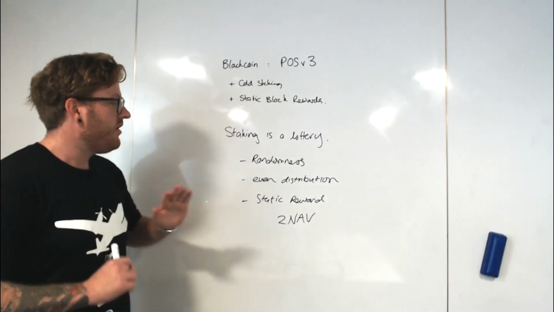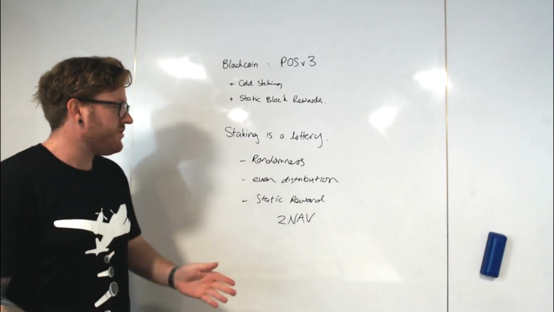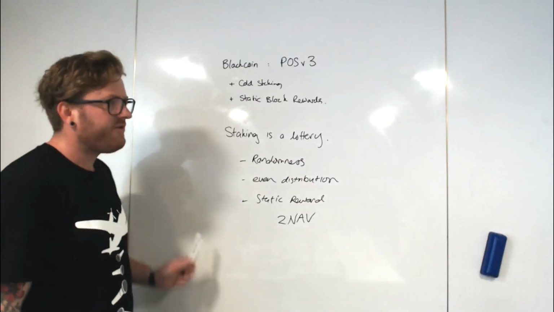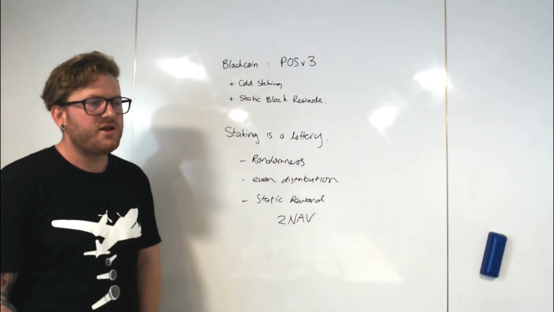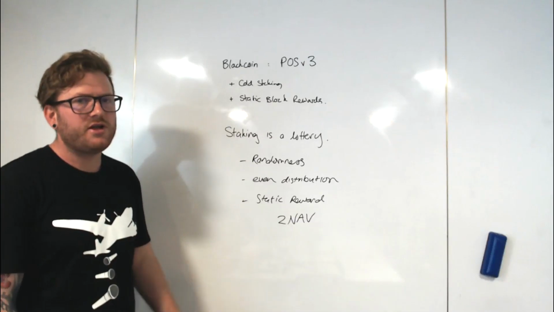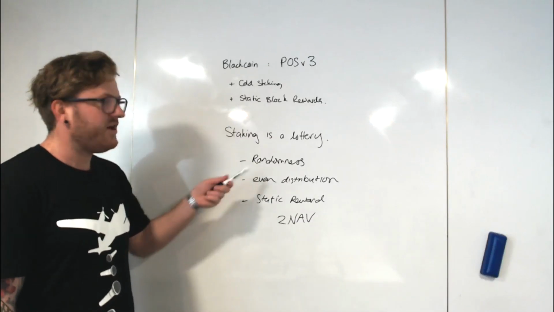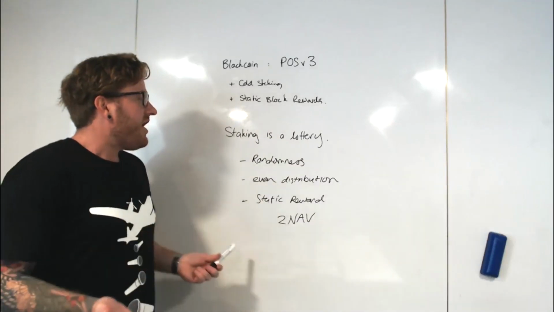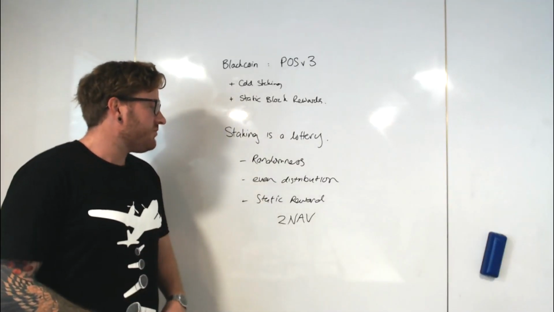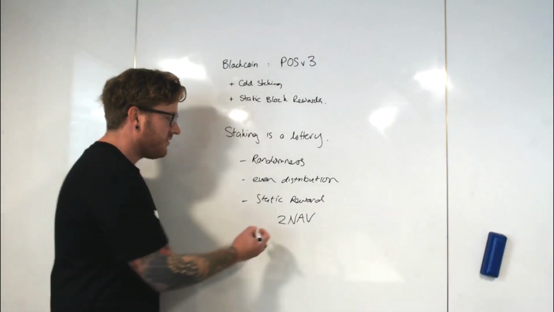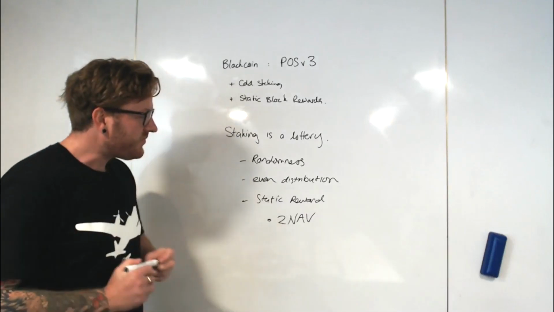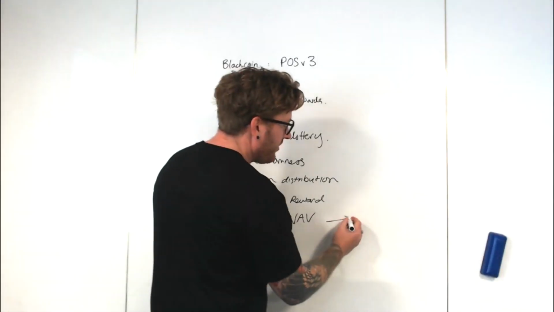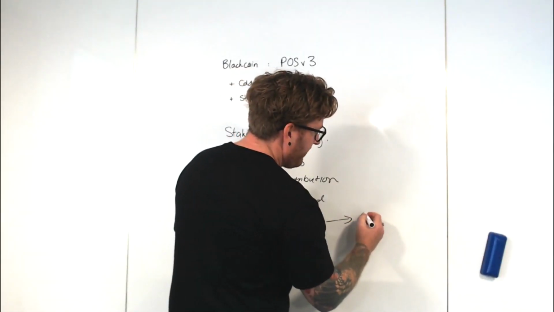And so this is the main mechanic for how it incentivizes people to stay online. If I'm offline for 6 months and I come online and I'm only online for a week, I only get a week's worth of my random lottery rewards, basically. So by changing to the static reward, it means that people are incentivized to stay online, to make sure that they claim their 2 NAV. And by staying online, we're having network weight, right?